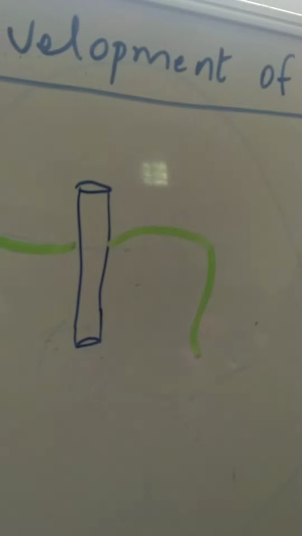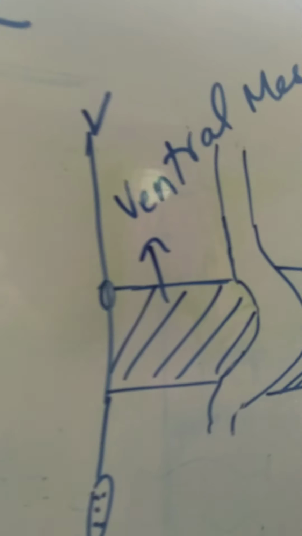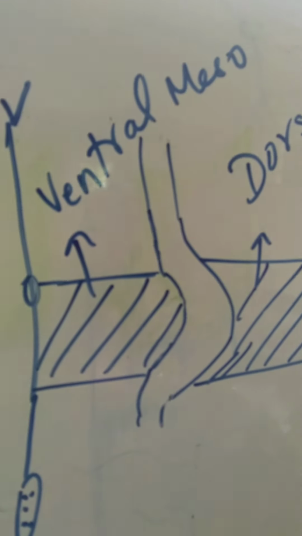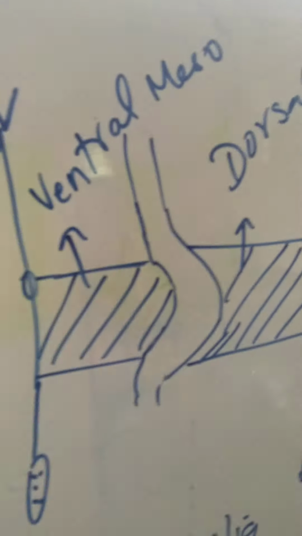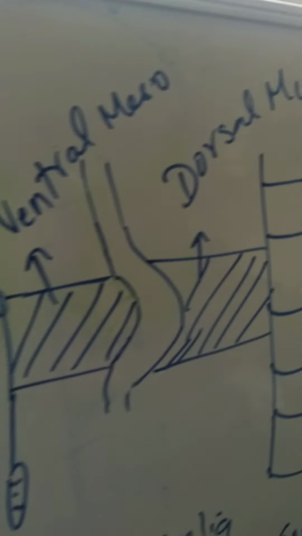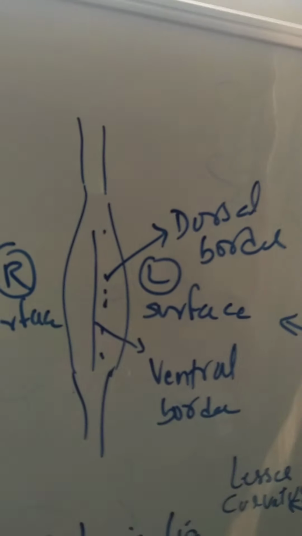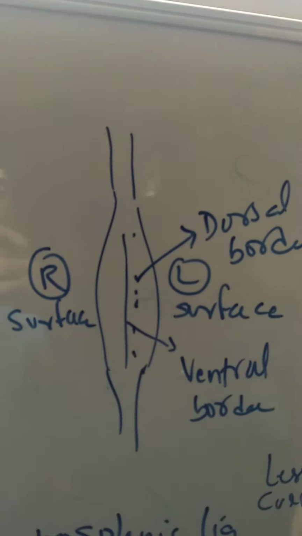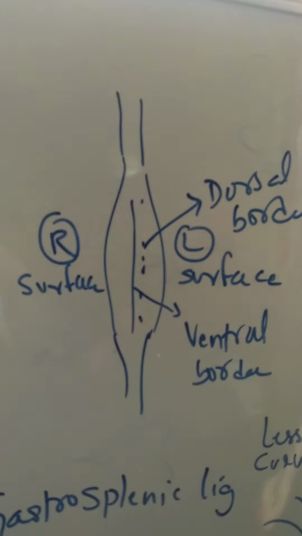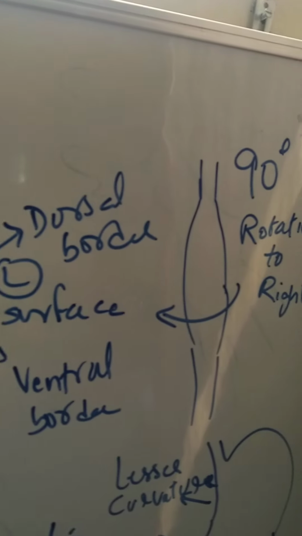Next, coming to what happens in the stomach. We just now saw the stomach develops from the lower end of the foregut. It's from the endoderm. It undergoes fusiform dilatation. It has a ventral border which is concave and a dorsal border which is becoming convex. This is the ventral border towards the umbilicus. You can see that. The dorsal border is towards the vertebral column. So initially the stomach has two borders, the ventral border and the dorsal border, and two surfaces, the right surface and the left surface. It's a fusiform dilatation. Subsequently it undergoes rotation.